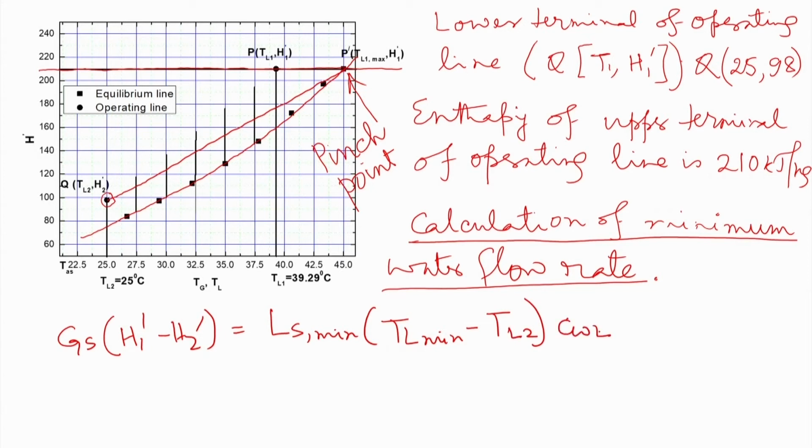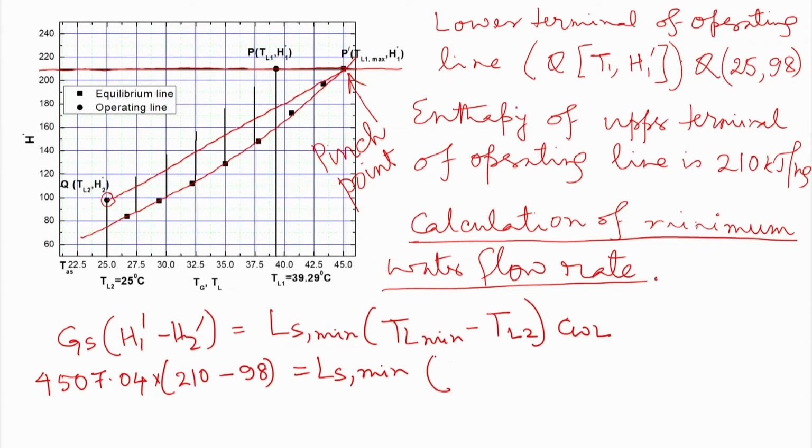Here all the values are known to us except this Ls minimum. So, we put it like this: 4507.04 into (210 minus 98) is equal to Ls minimum into TL minimum,